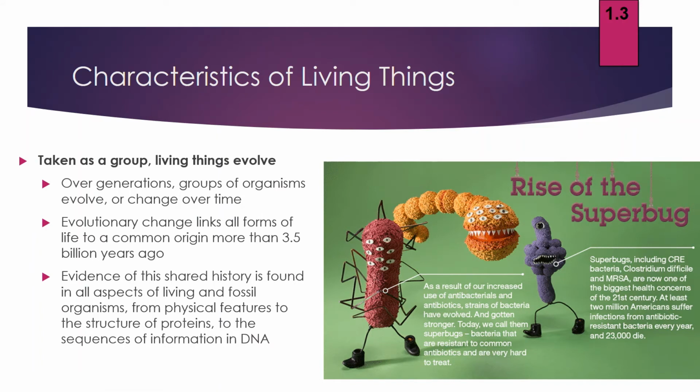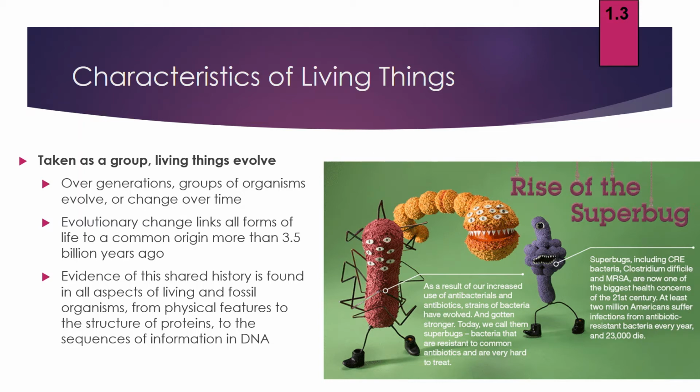The next characteristic of living things is that, taken as a group, they evolve. So we already said that organisms have the ability to respond to stimuli in their environment, but as a population, we actually can change over time to become better adapted to our environment. And that's because if you have not great adaptations, you're less likely to survive, and if you don't survive, you're obviously not reproducing,